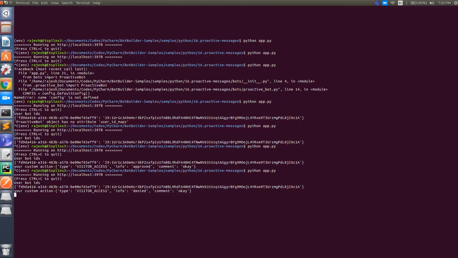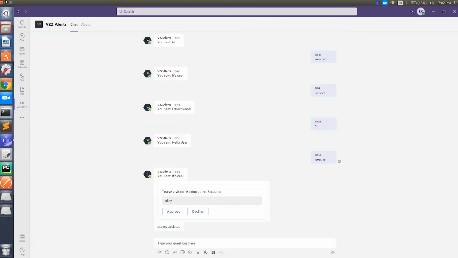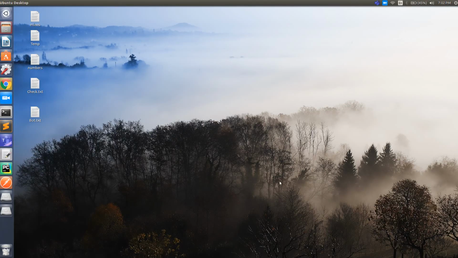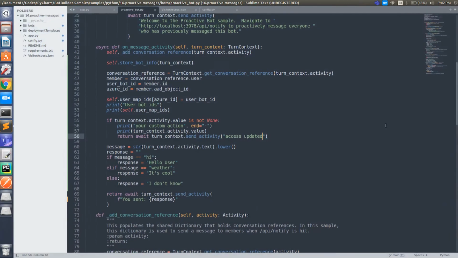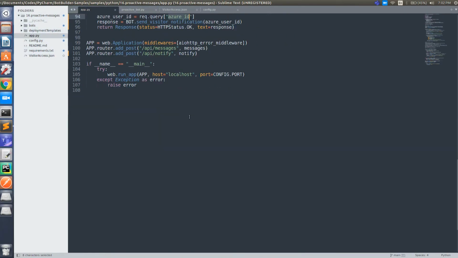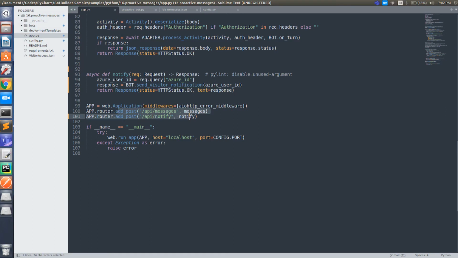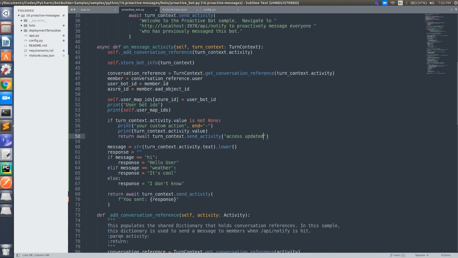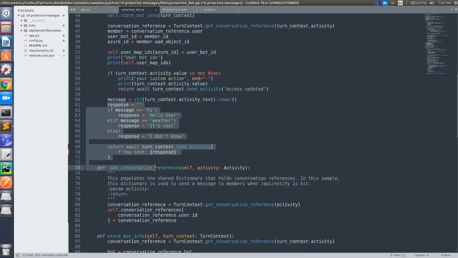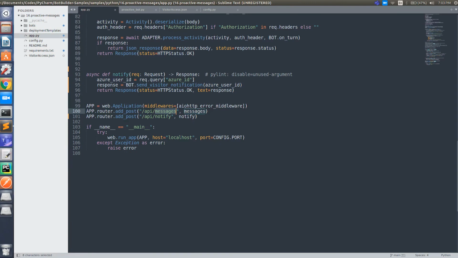So let's see everything we have done so far. I will minimize all the windows and open our code. Here we have two actions, one is message and one is notify. The message is responsible for handling the normal messages. Whenever there is a message, we receive it, do our checking, and then respond back. And this slash notify is responsible for sending proactive messages.